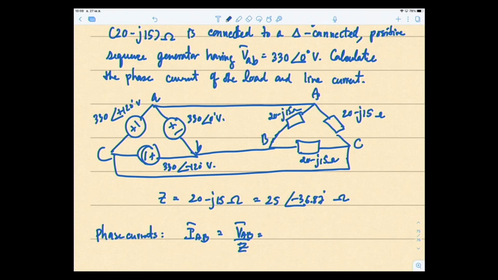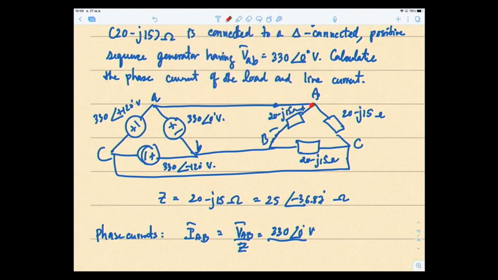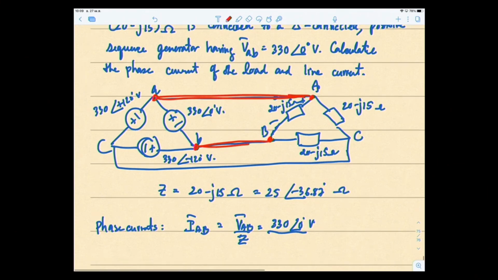So VAB is nothing but 330 angle 0 degrees, because right here it's plus minus. And if you use your finger to link this point and this point, you see that it's the same thing as this point and this point, as if they're parallel to each other. Since I'm doing the division, I'm using the polar form, minus 36.87. So this is equal to 13.2